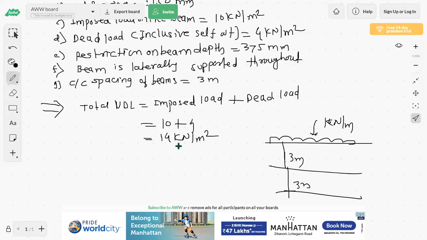So if we multiply by 3, if we multiply by 3, then we will get our load in meter. So here this 14 into 3,